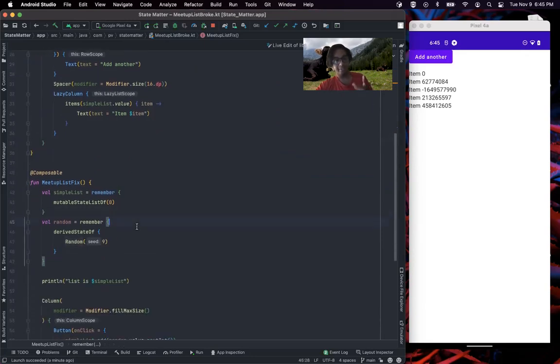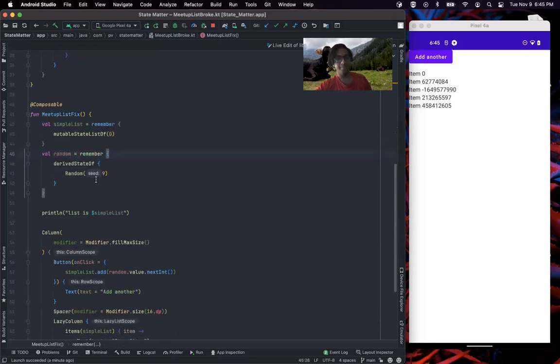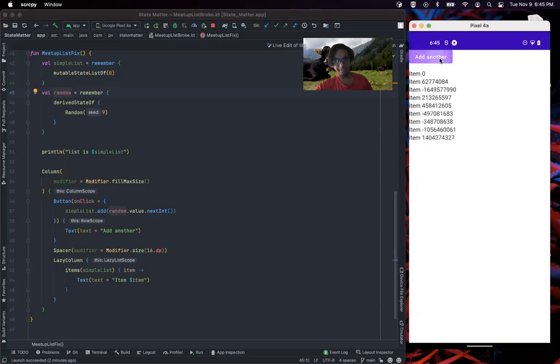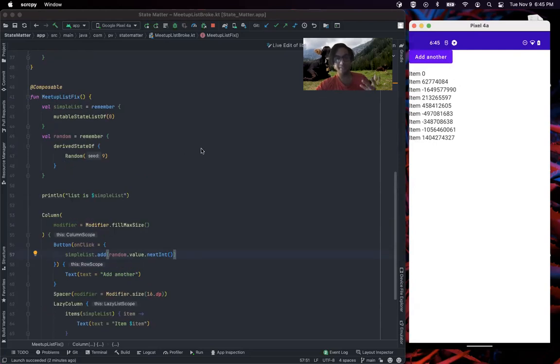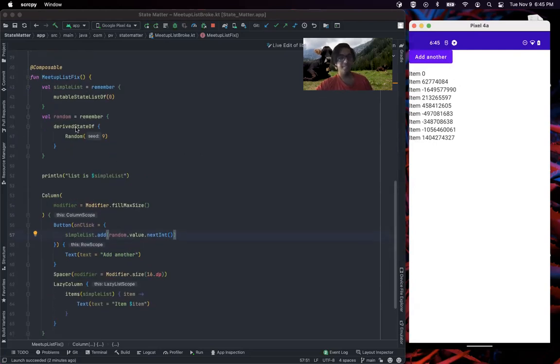Whereas here, and that goes to my next topic, I remember the state of random. In this case, it's 9. But I'm at least holding reference to it, so that the next time I call next integer for random, it uses the one that exists beyond the scope of the function, and then generates the next bit for it. That's why I get a bunch of random numbers out of this. It will generate the same sequence of numbers if I return 9 again from the seed, but that's just how random works. But derived state